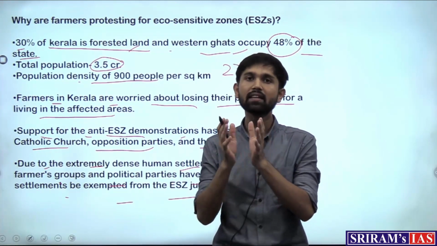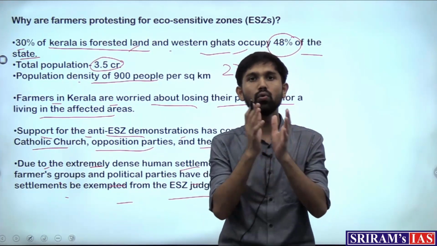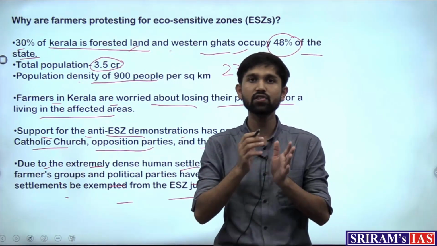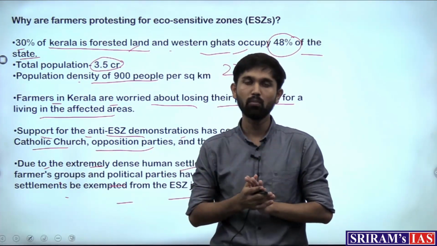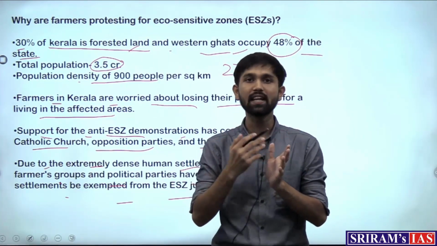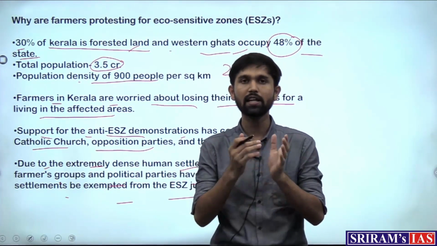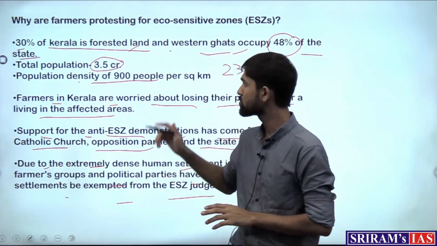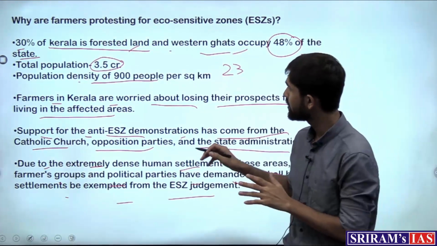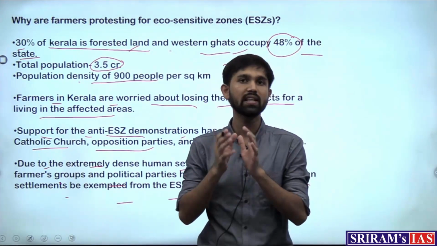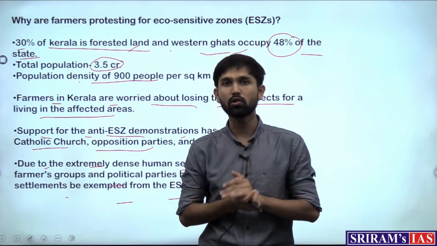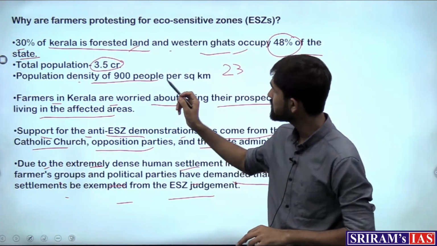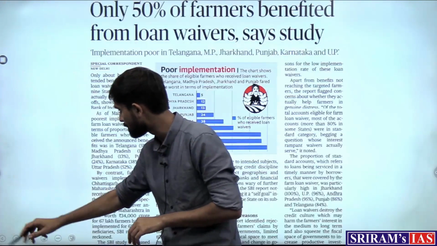What does this mean? That it will either ask to exempt itself from this eco-sensitive zone notification or modify the notification for its state in its particular characteristic as to howsoever it wants. So it might do all of these things. So this was an issue which becomes important for us to study, and from the examination point of view, the concept of eco-sensitive zone becomes important for us, right? So with this, let's move on to our next article for the day.